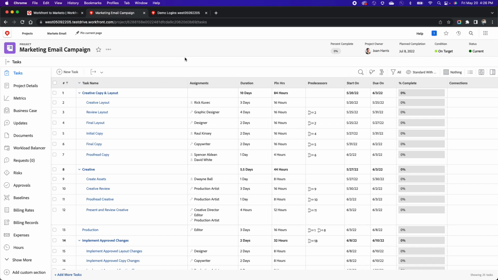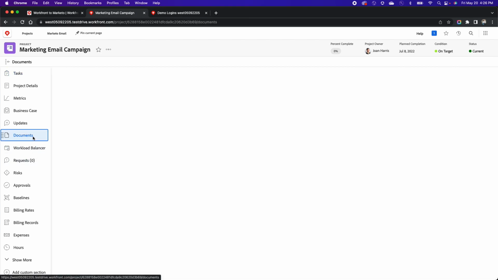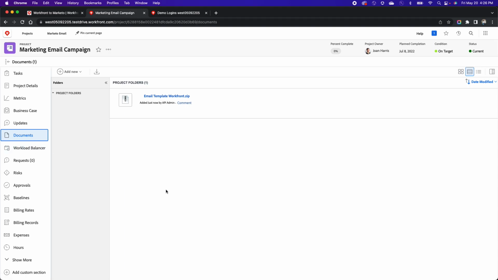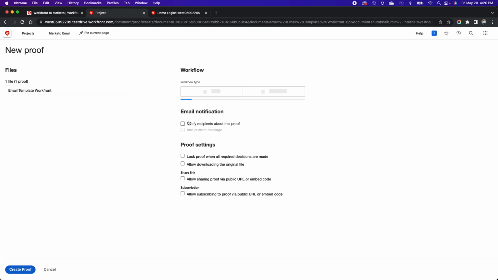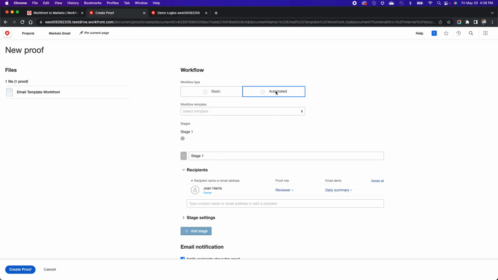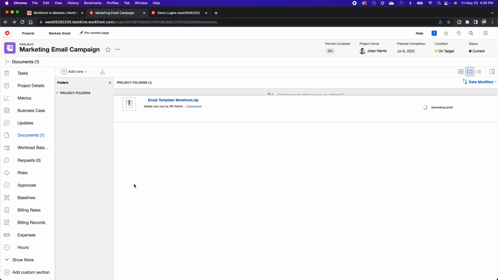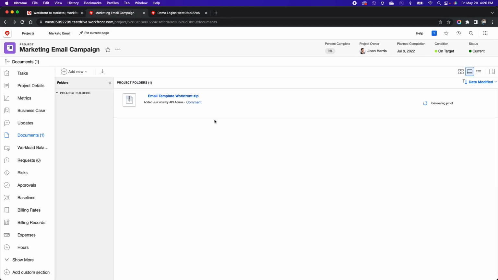Now the integration is running in the background. There are a few things that are going to happen. Number one, we will see some documentation here that has already been downloaded and created as an email template. The other layer, actually first, let's create the proof very quickly. I've created and I have an automated workflow here that we want to push through this process right away because we're grabbing that template and potentially using that for any kind of adjustments that need to be made inside of